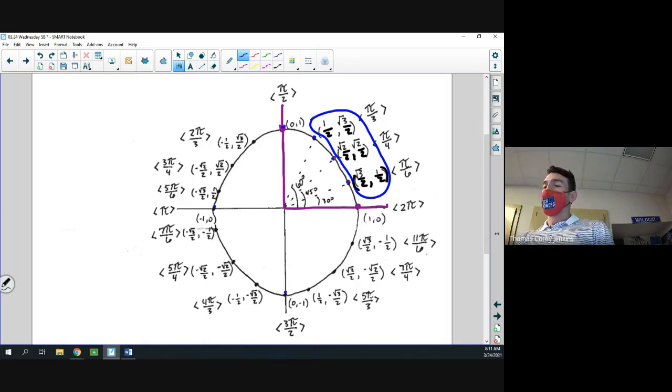Now, the numerators. Does anybody see any kind of pattern, say, from here to here with the numerators? Kind of. What's kind of the pattern? It goes 1, 2, 3, right? Not exactly 1, 2, 3, but we see those numbers, 1, 2, 3. What about going the other way, from here to here? It just reverses that, right? So you go 1, 2, 3 down the other way. So 1, 2, 3, 1, 2, 3,